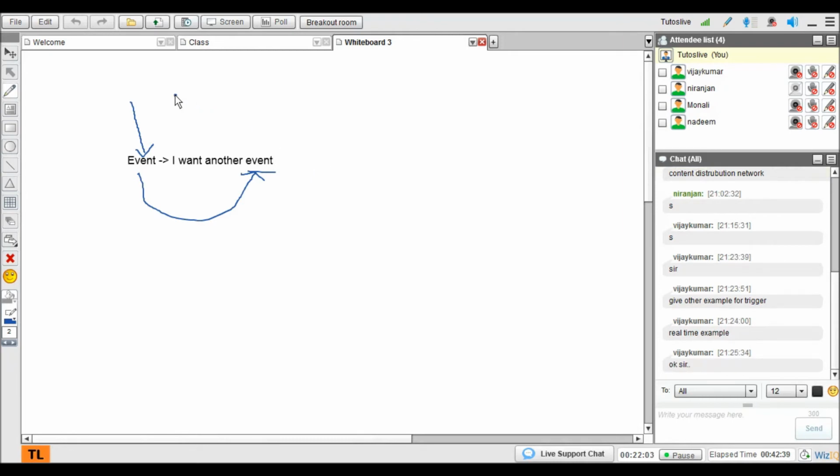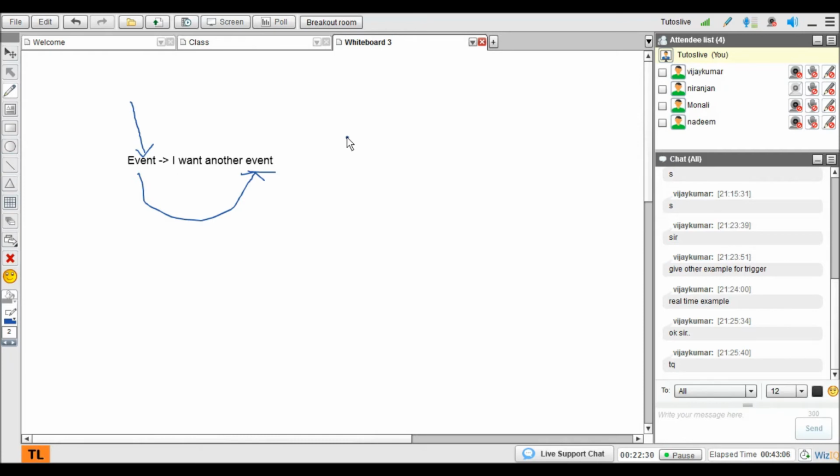Okay, so you try it out. I mean, you just think of your imagination. Where can you really use a trigger? As I said, you can use an on change event. It's all about event after event after event. Based upon your requirement, whatever you are learning here, it's not necessary that you use everything.